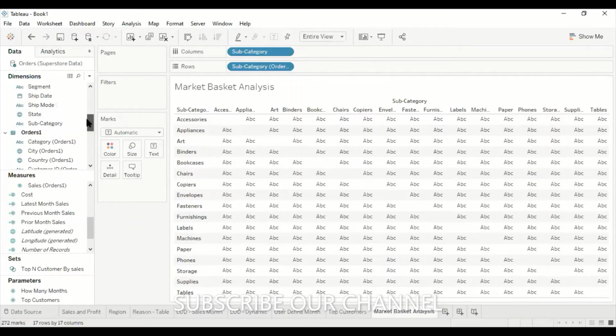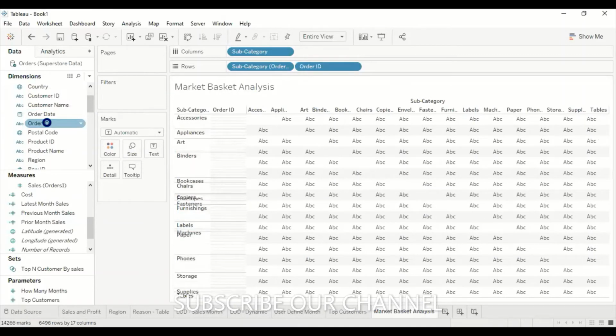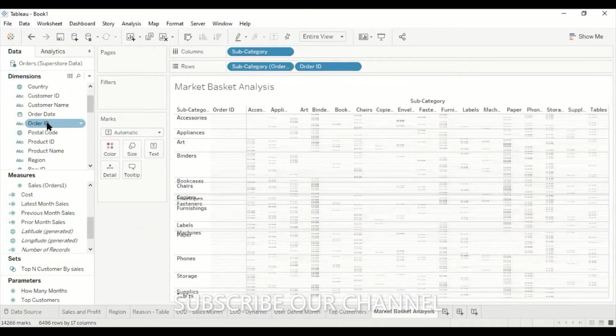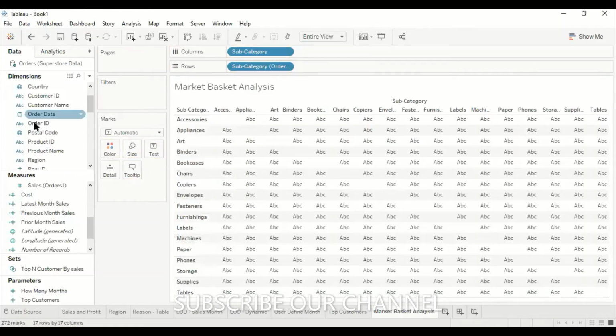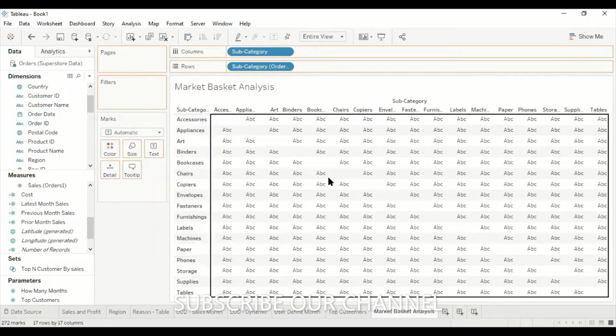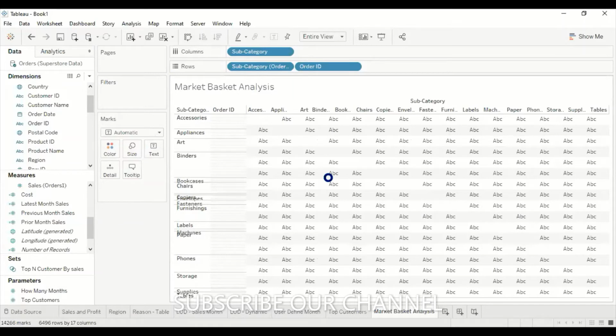Click on order ID. Okay, just double click this. Not double click. One second. It started processing. Not order ID. Hold on. Let me remove this. Not double clicking. Okay, so just order ID. Place it here. Hold on. Not there, not there. Hold on.